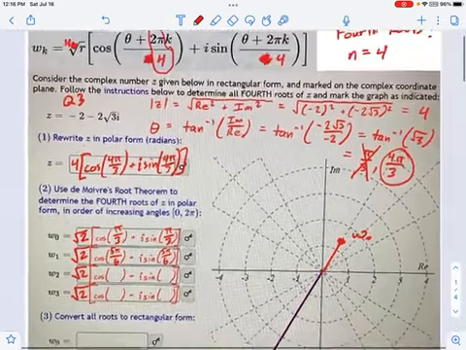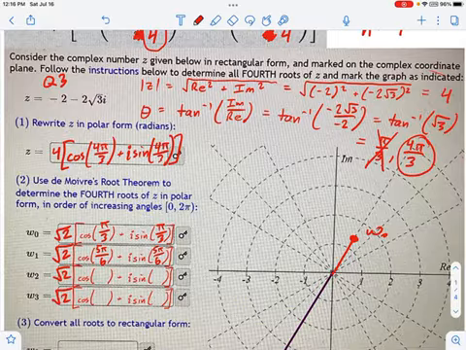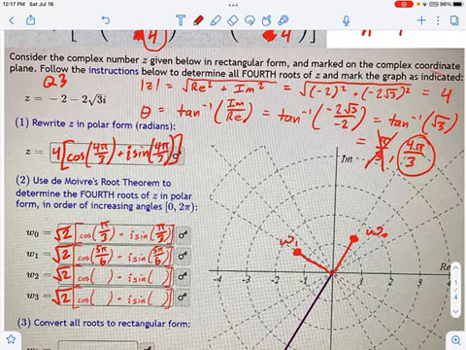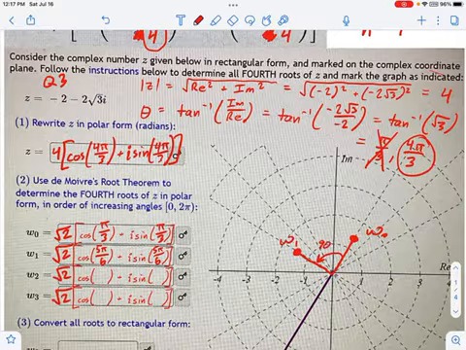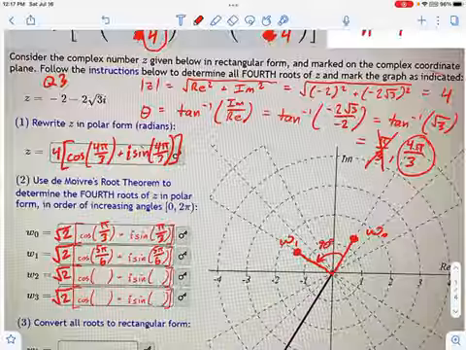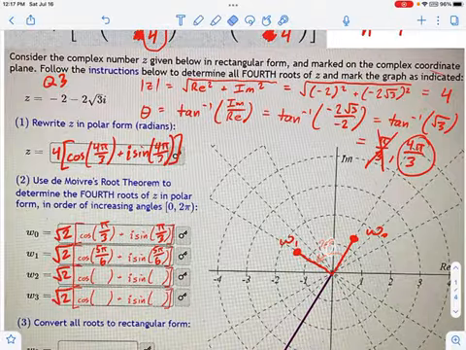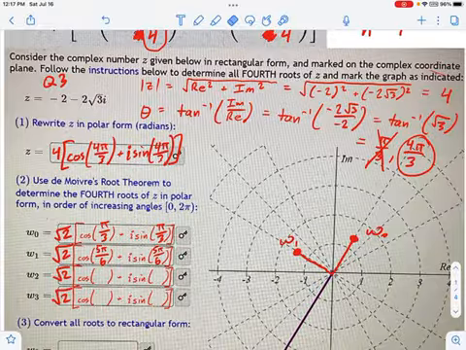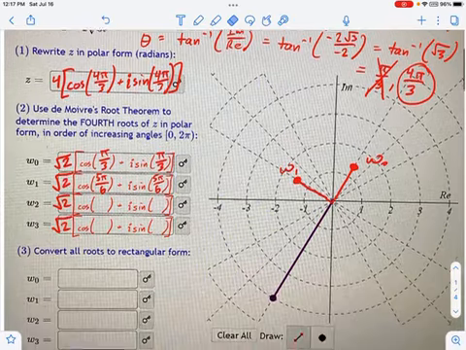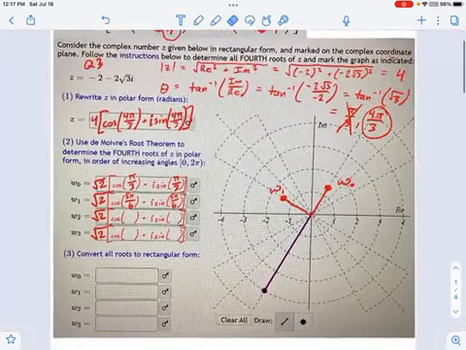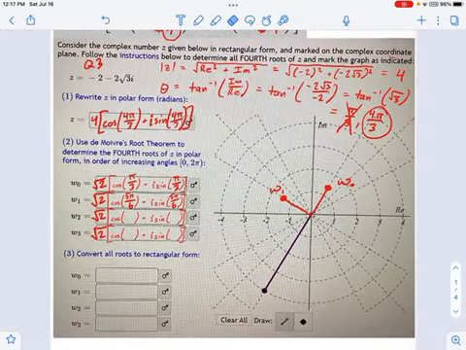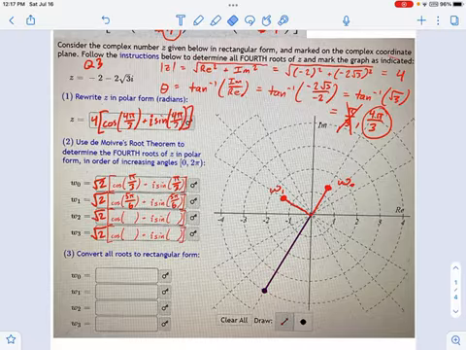And where is our next root going to go? Well, 5 pi over 6 is over here, and I know it's about 1.4, 1.5, something like that. So there's W1. And you see that's rotated exactly 90 degrees, which it has to be because it is a fourth root. And a fourth root is going to divide this coordinate plane of 360 degrees into 4 pieces. Okay, so visually, we can just project what's going to happen for all these other roots without actually going through the algebra. If you like, we can do it this way.